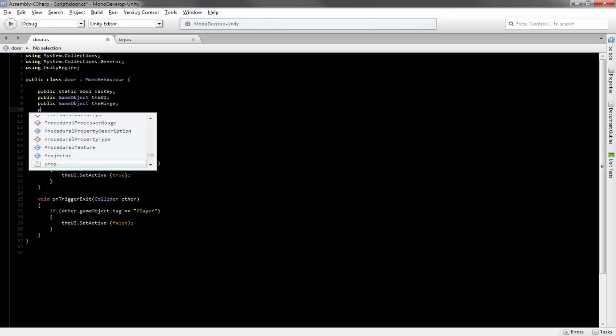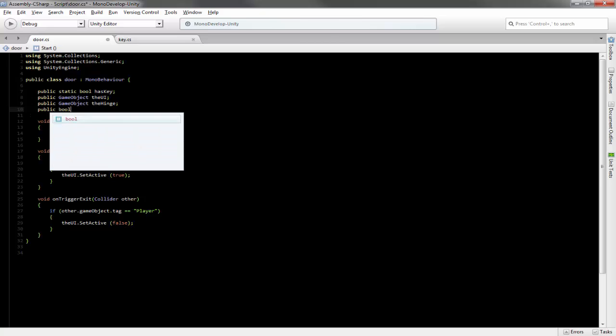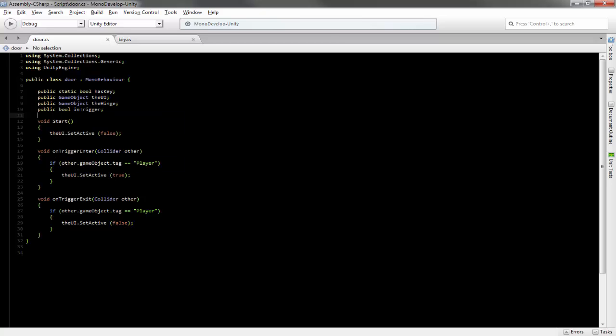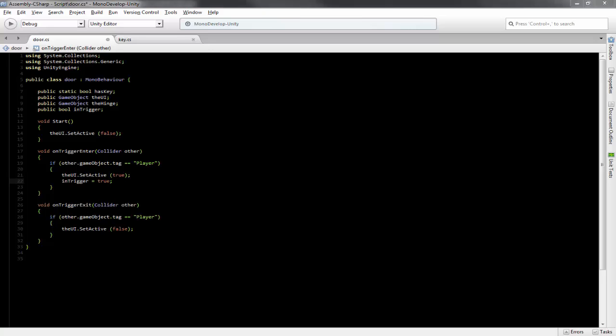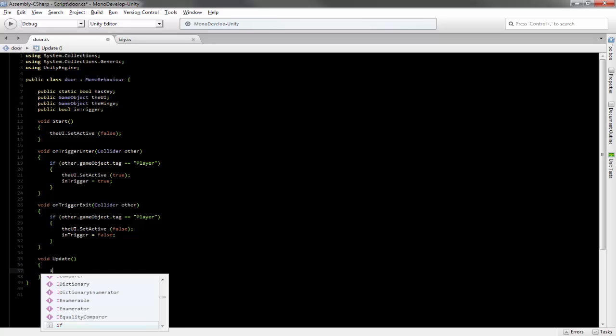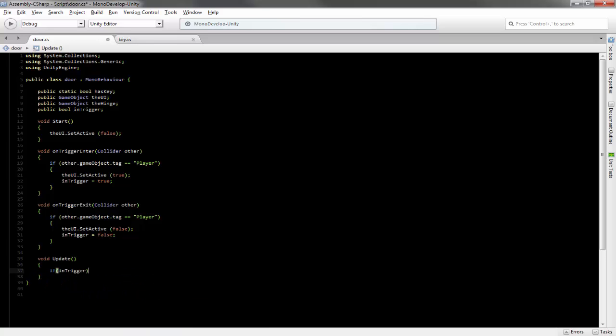So yeah, actually we do public bool inTrigger. Now when inside, inTrigger is equal to true. The other way around, inTrigger is equal to false. Now on void Update, if inTrigger is true,